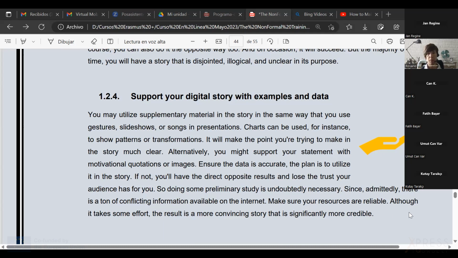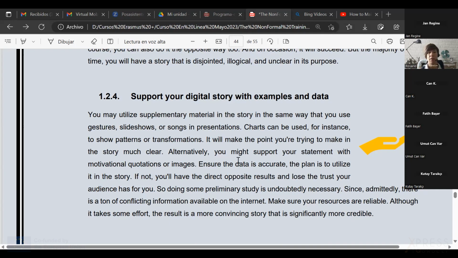And when using data, you have to make sure it is accurate, because otherwise, if you just include it to grab attention, that is a big mistake. What you are trying to do with all those things that we are talking about now, gestures, slideshows, songs, images, quotations, anything, the intention is to support what you are saying, to give veracity, to show that what you are saying is true.